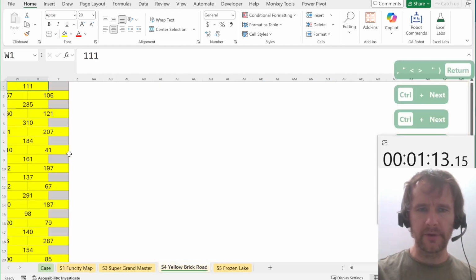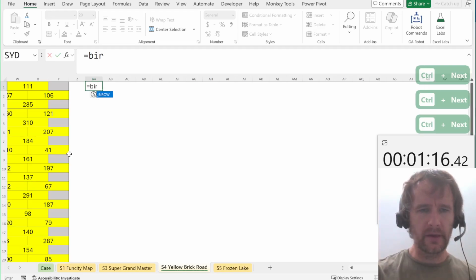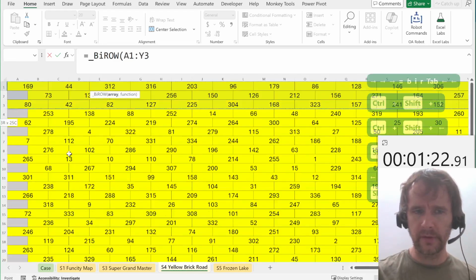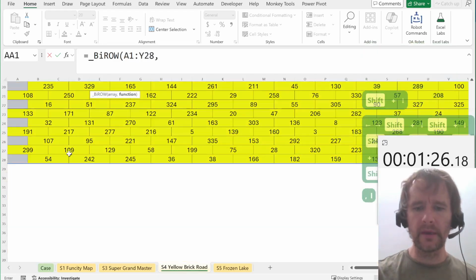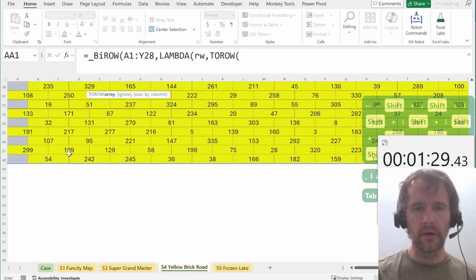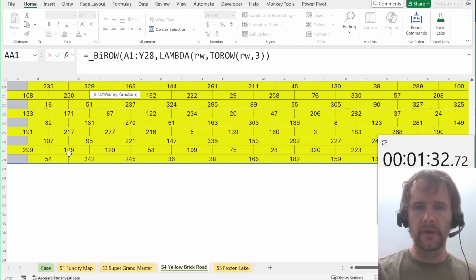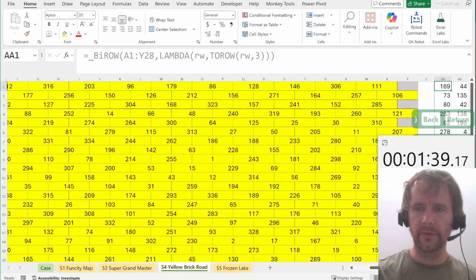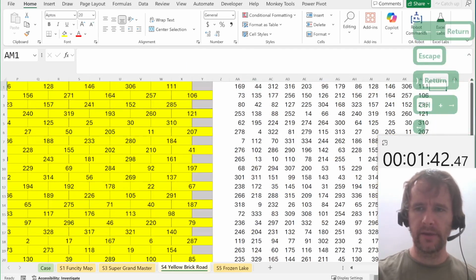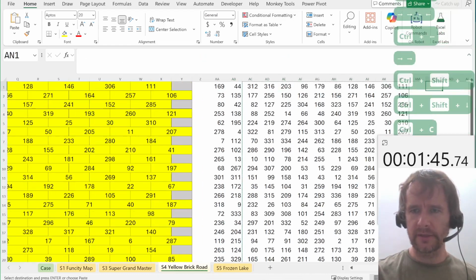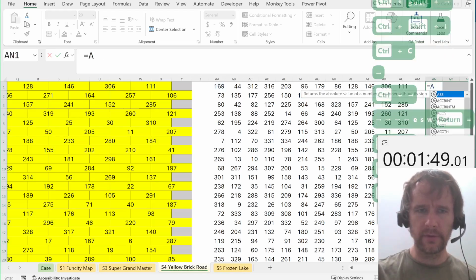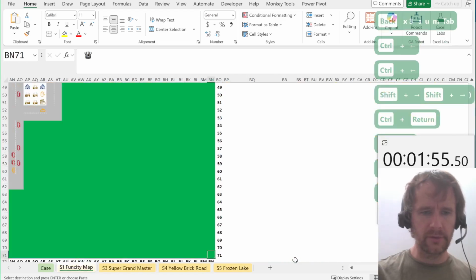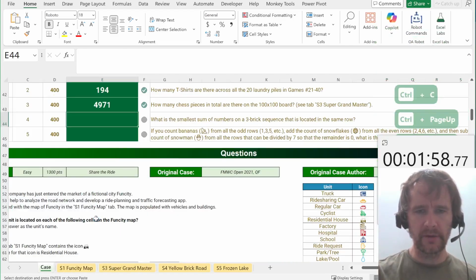Smallest sum of numbers on a 3-brick sequence. I realized later that I did this one in an overly convoluted way, but I'll show you what I did anyway. I did BYROW, the version of BYROW that is more flexible. Not all the way down, thank you. Just down to there. Then I did LAMBDA row to ROW of row by 3. One more. No, don't accept the correction because then it'll put a star in front of custom lambda, and that just flattens out each row. And then I just took 2 columns less than this and did SUM of that and filled that into each of them. And then the question was the minimum, which is 128, but I think I just did it like this with my robot command, paste with function,